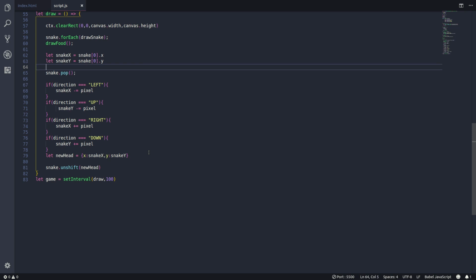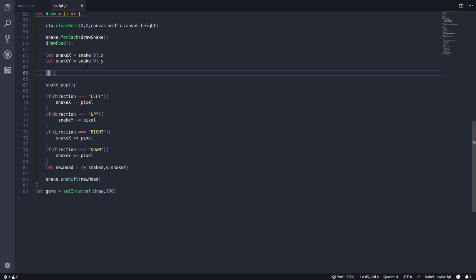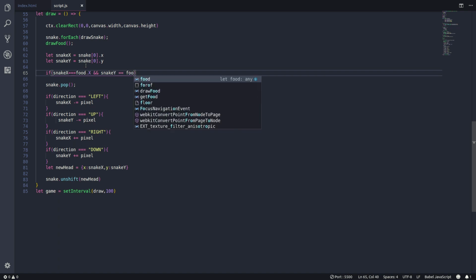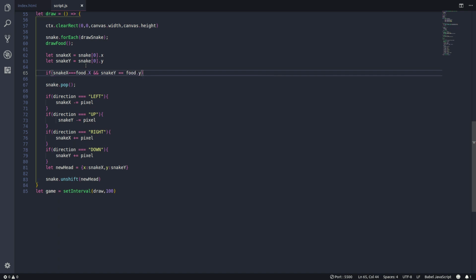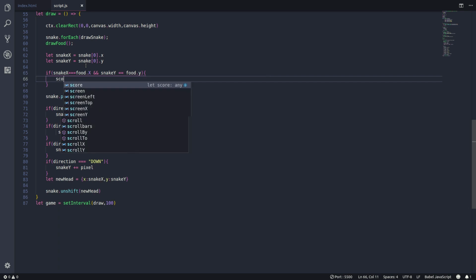So now let's add this function here. I was thinking where to add it. I mean, check if snake is eating food. So if snake x is equal to food dot x and snake y is equal to food dot y, then we will first update the score, then we will